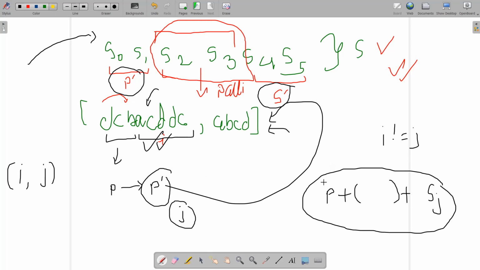You can see this is the prefix of my current string and this is the suffix of my current string after that prefix. This entire string is what I am working upon, that is my current string, and this is the new string that I've searched down. When I concatenate the string at jth position and the string at ith position, you will get a palindrome string. I think this much has helped you understand this.